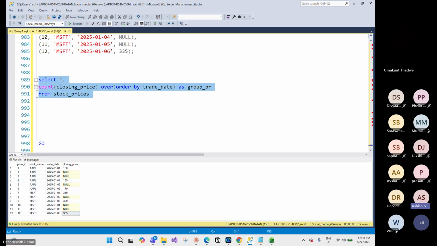Trade date will be in a group by, or we get the closing price. No, I'm using the count function. Okay, so what will the count function give you? The count function will count the things. So if I run this,